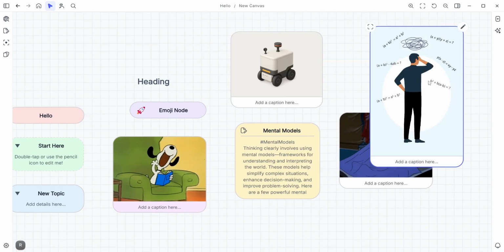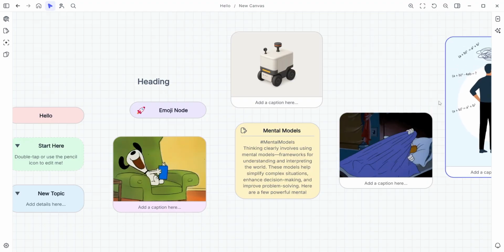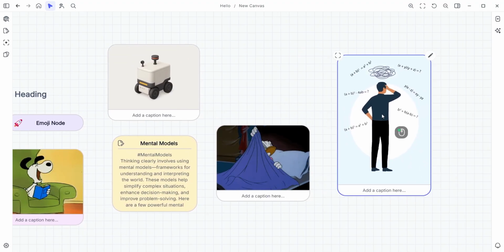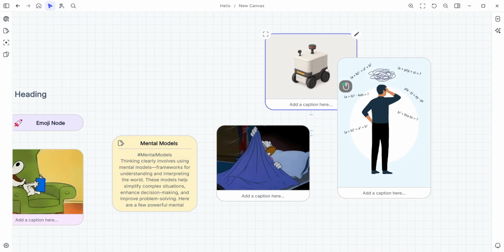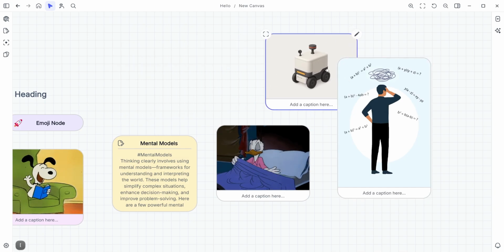Press R to toggle between square and original size image. You can also press the bracket keys to send nodes to the back or bring them to the front.